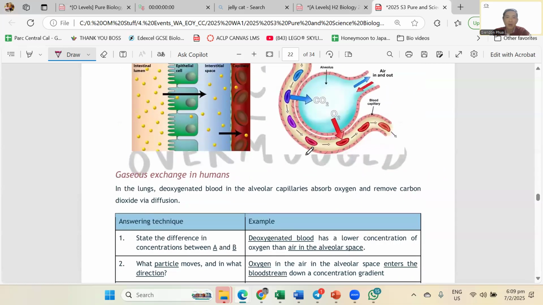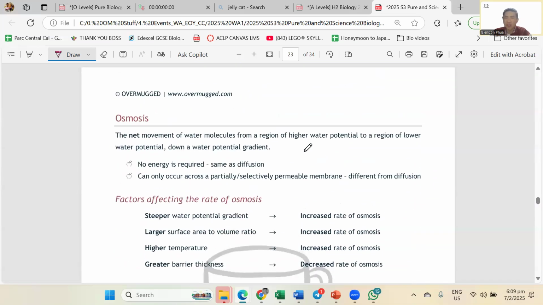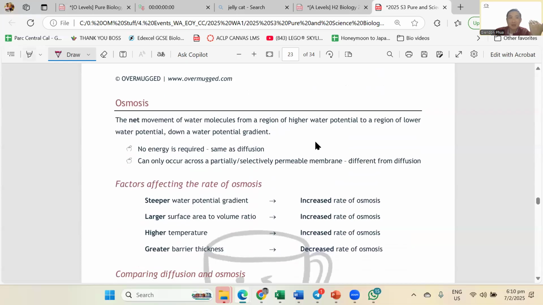Now, what I will help you with is the next part. Okay. Now for water, osmosis, it's the exact same thing. I just replace particles with water and molecule. So put a star here. How do students lose the marks for osmosis? Okay, it is they don't have the word net, they don't have the word molecules, and they forget to change it to water potential. Okay? So you must use water potential.